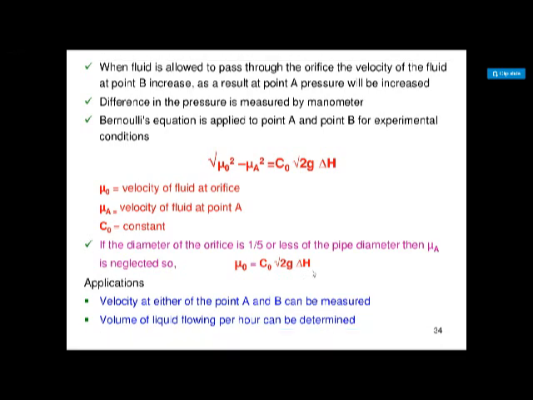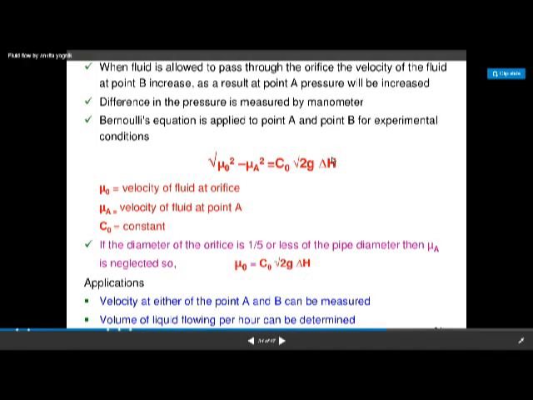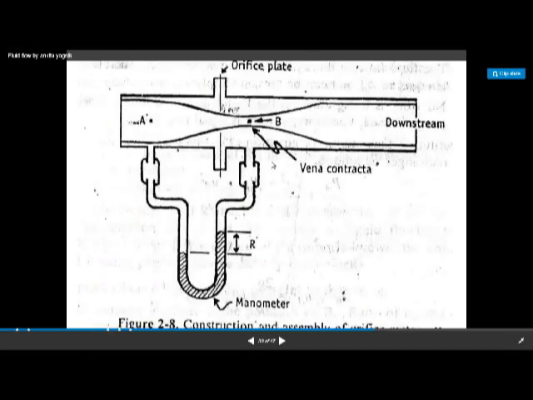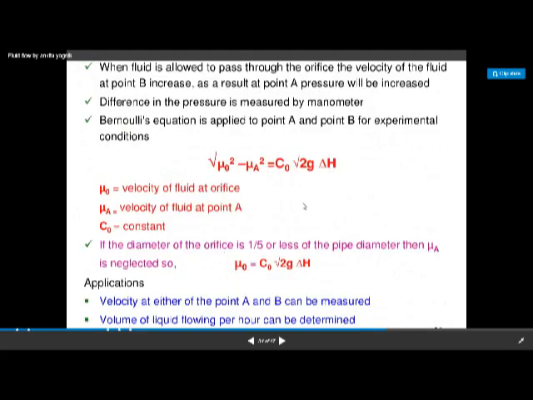So here, what does delta H mean? How does this delta H come? We know that we are measuring by a manometer, so the height of the manometer is going to be measured, and from it the pressure is calculated. So there will be the equation Q is equal to A0 CD under root 2 (P1 minus P2) upon rho.